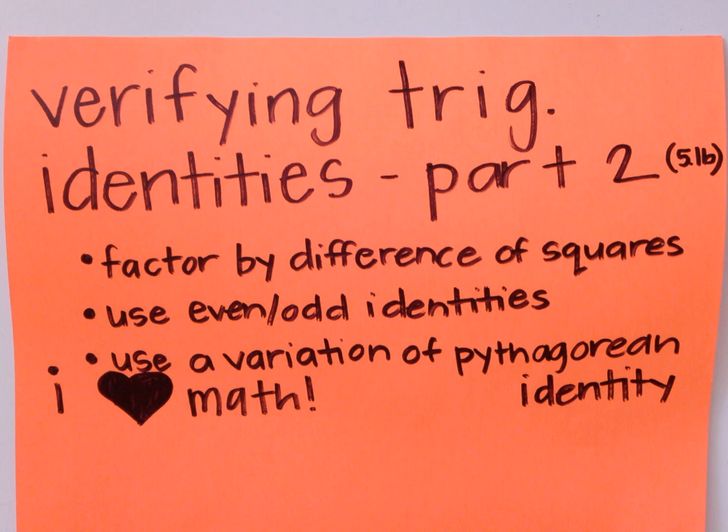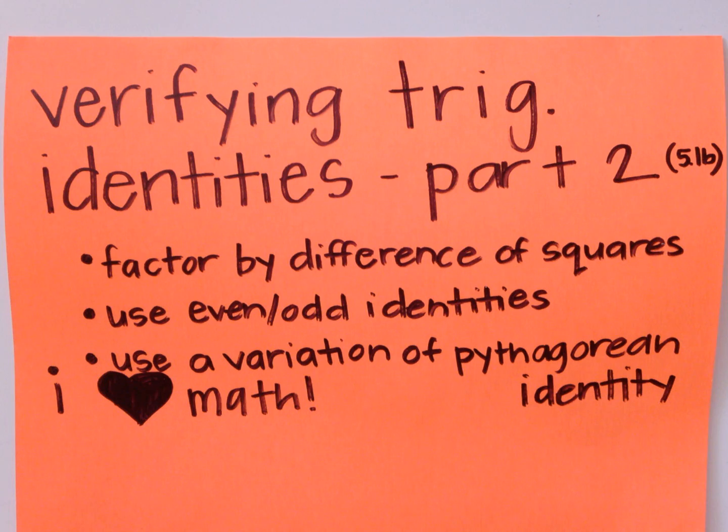Alrighty, today we are doing 5.1b if you're a member of one of my classes. If not, we are actually covering verifying trigonometric identities. This is part 2. We had an intro lesson yesterday. That was 5.1a. Today, the skills we're going to be practicing with these trigonometric identities are factoring by difference of